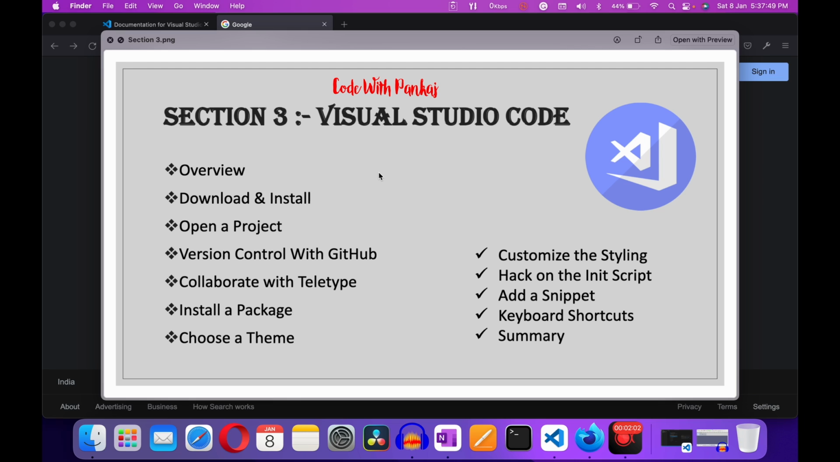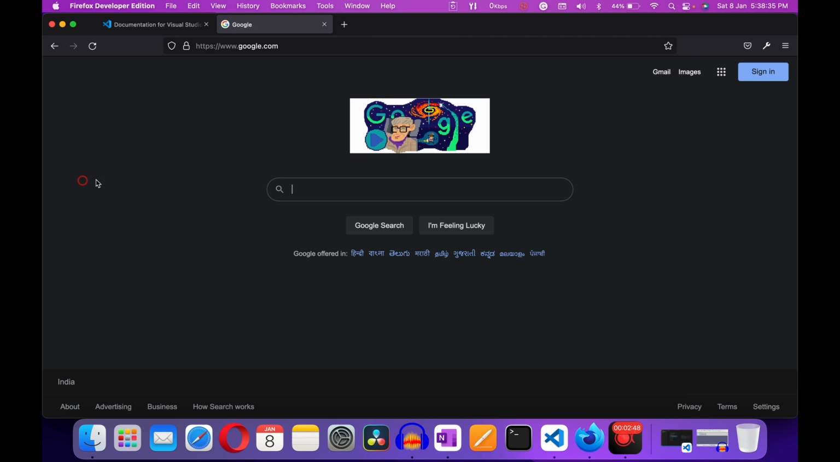Firstly, I want to start with the overview, then download and install, then I will tell you how to open a project, then version control with GitHub, after that collaborate with Teletype, after that install a package, choose a theme, after that customize the styling, hack on the TypeScript, add a snippet, keyboard shortcut, and lastly, the summary. So the very first thing I'm going to show you is how to download and install this application. That's what I'm showing you right here,